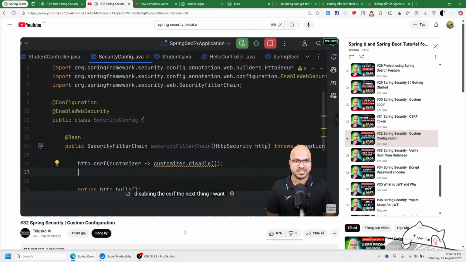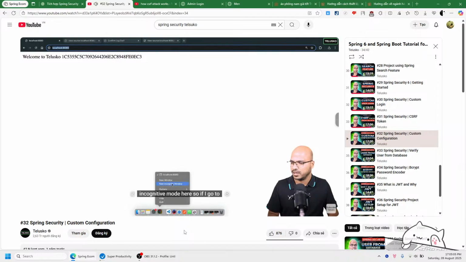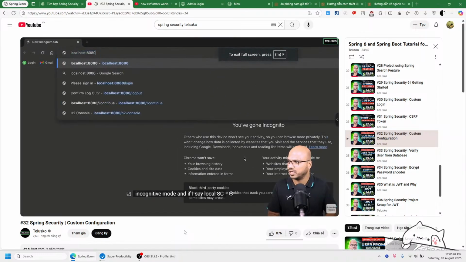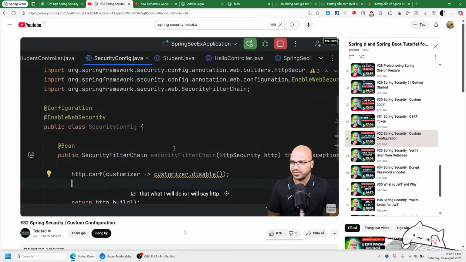The next thing I want is, even if you write this, you will still not get the login form. I want it to be authorized. So if I don't authorize it, anyone can go there and log in. Even if I open a new incognito mode and say localhost 8080, you can still open it. So there's no login restriction now. And to achieve that, what I will do is I will say